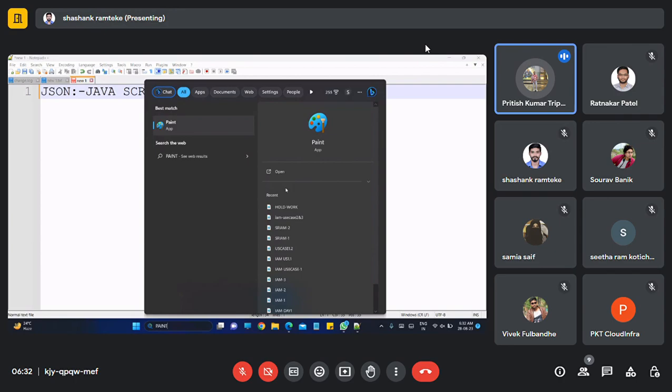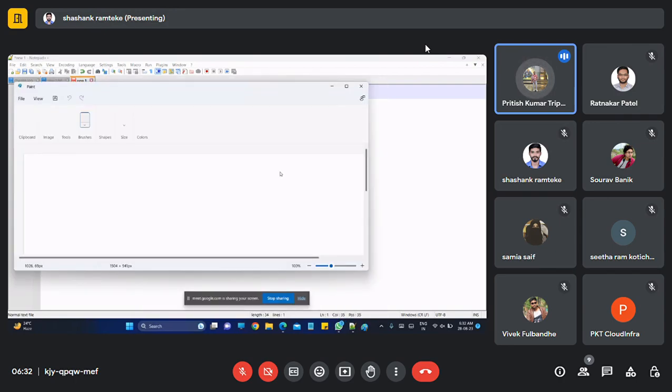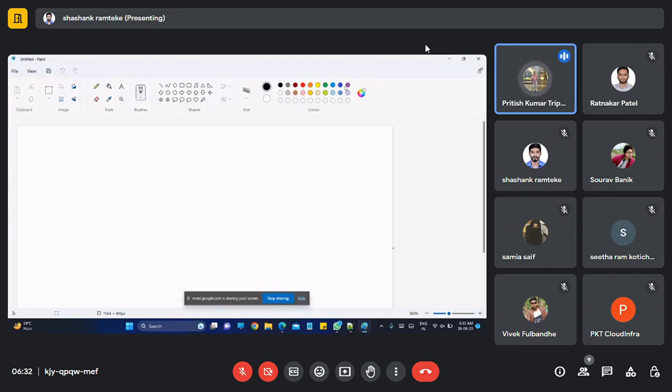Now, to make you understand more about the JSON file, let's focus on one of the concepts. Like here, I am focusing. Let me create two systems.